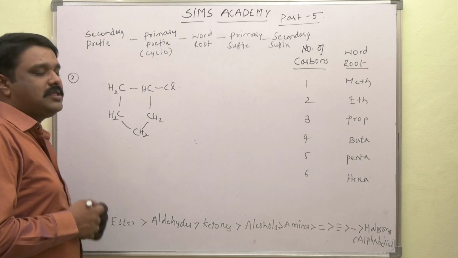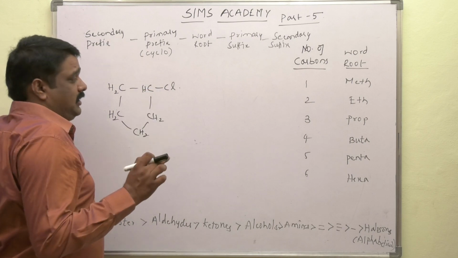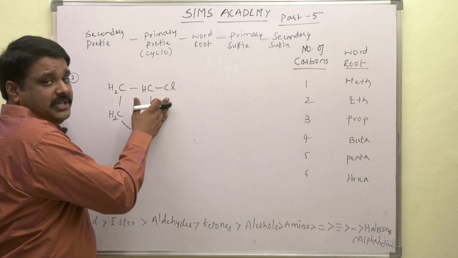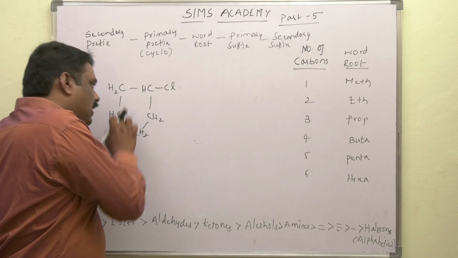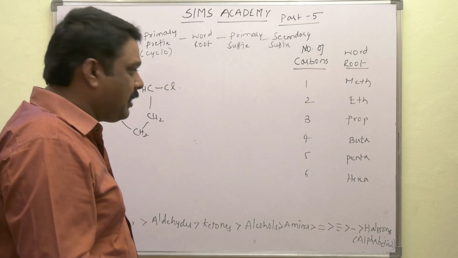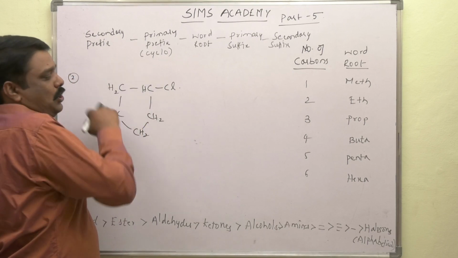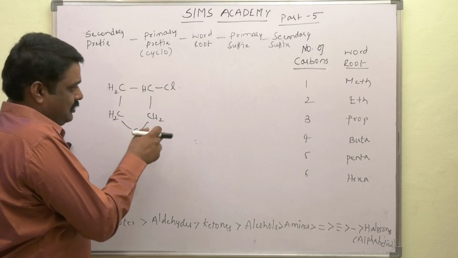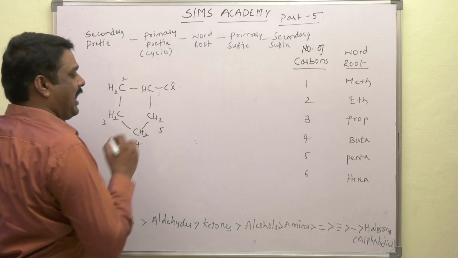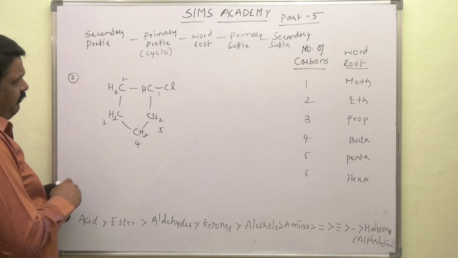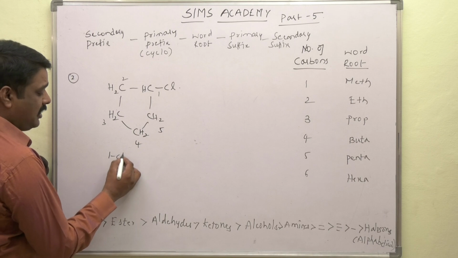Now, from where are we supposed to give the numbering for this organic compound? Here we can check, but priority must be given to the substituent first. Hence, we move from here. Because we don't have any other substituents or functional groups or double bonds or triple bonds, we can move either anti-clockwise or clockwise. Hence we shall give numbering like this: 1, 2, 3, 4, 5. Now we have the secondary prefix, that is the substituent. The substituent is at the first carbon, 1-chloro.